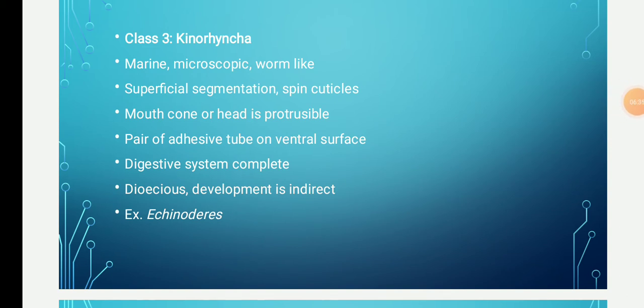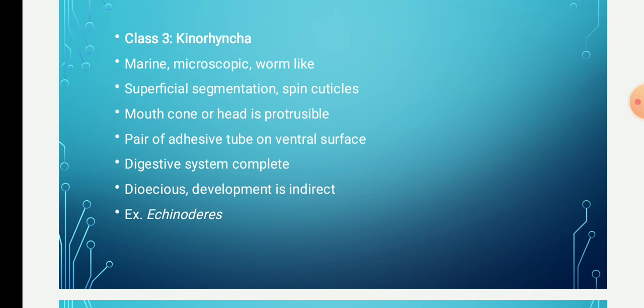The pair of adhesive tubes is present in the front part of the ventral surface. They will also have muscular fibers that are longitudinal or diagonal and dorsoventrally placed. Some circular muscles are also present in the head. The nerve ring,